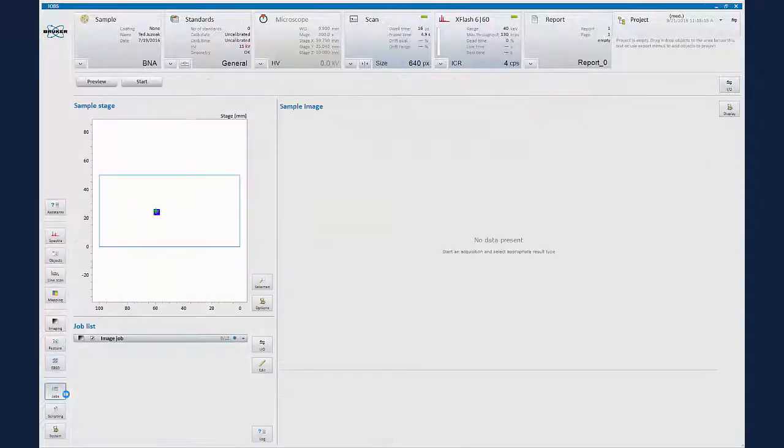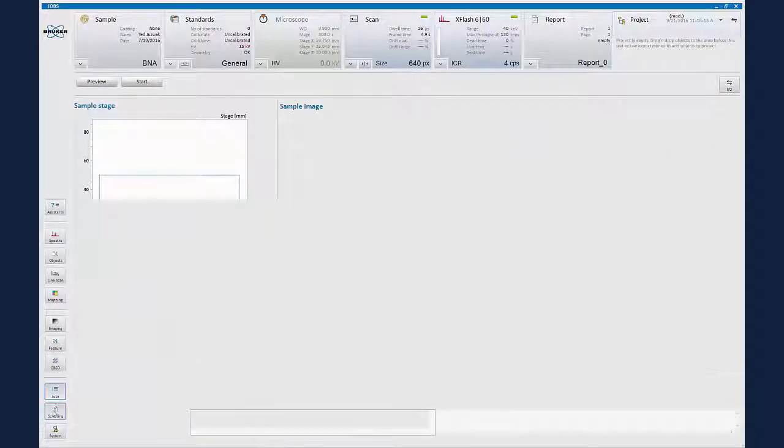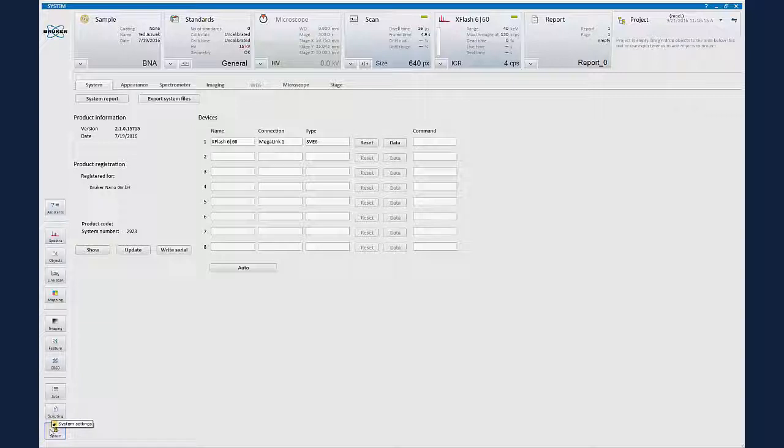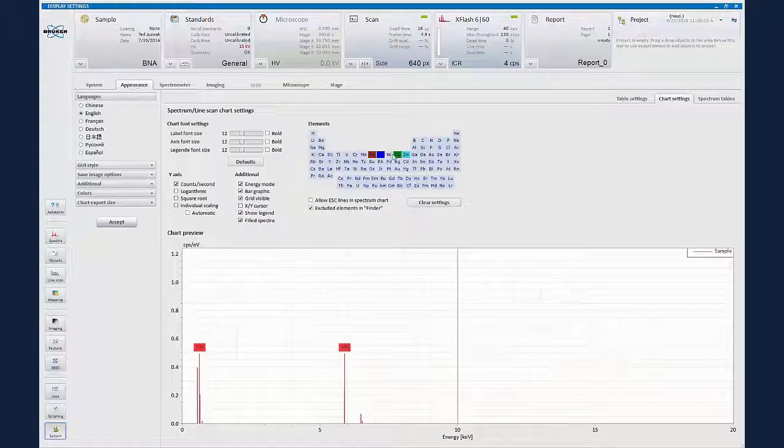Jobs is for automation. Anything you do routinely can be automated. Scripts is for advanced automation. This allows you to use a full programming language within the environment. And then system allows you your configuration. In this, setting up your hardware and your hardware defaults. The appearance of the system, how you want your KLM markers to look. What defaults you want for the display axis, whether you want things like a grid, how you want your default